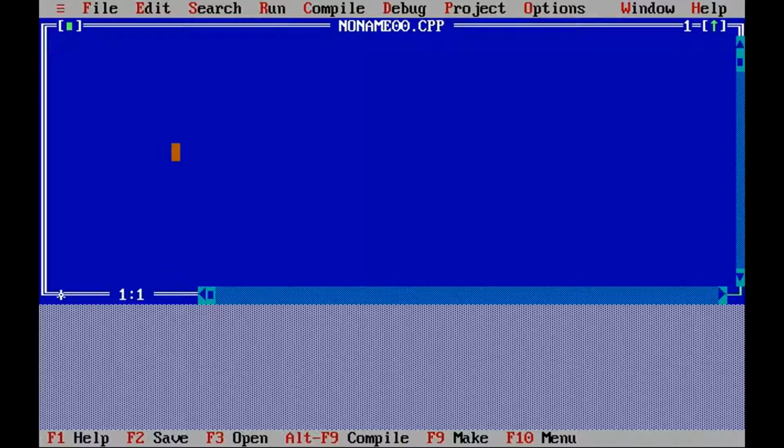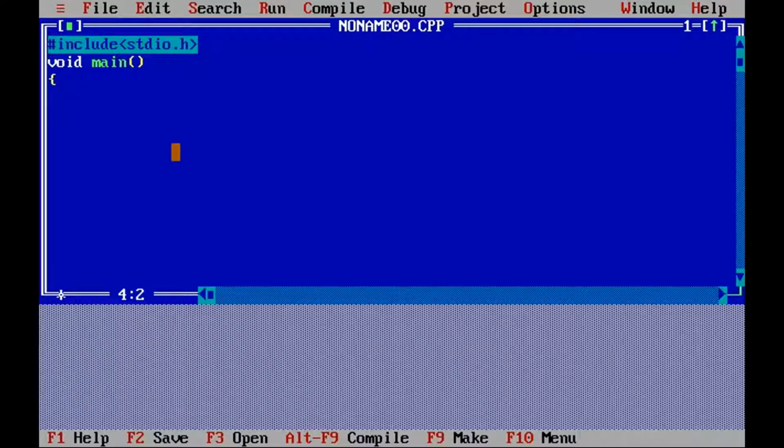And now let us write a simple program. Let us include header file stdio.h. Then I will write the main function, that is void main, and beginning of program.